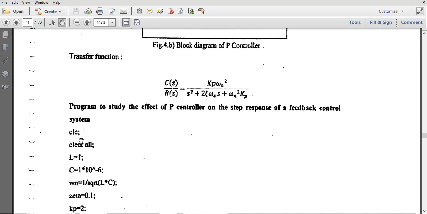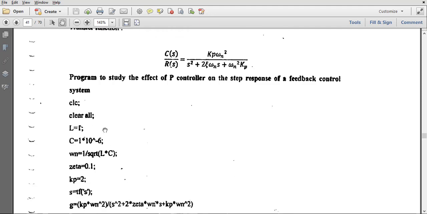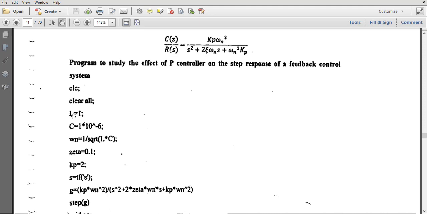The first couple of lines of code are similar. Then we will use L and C values, L equal to 1 and C equal to 1 microfarad. We can have omega n as 1 by square root of L into C.